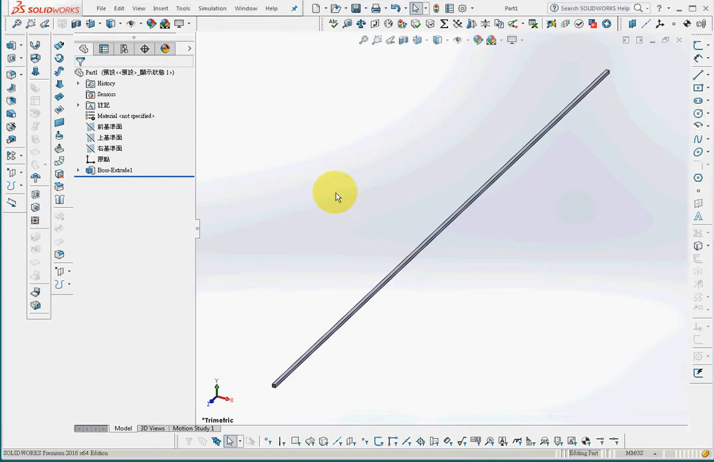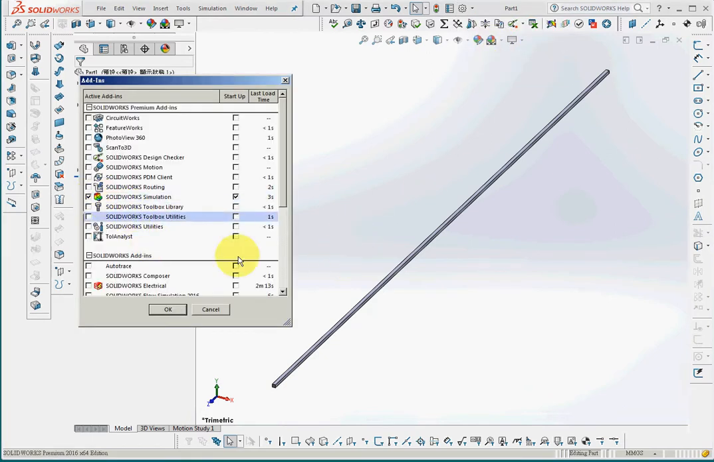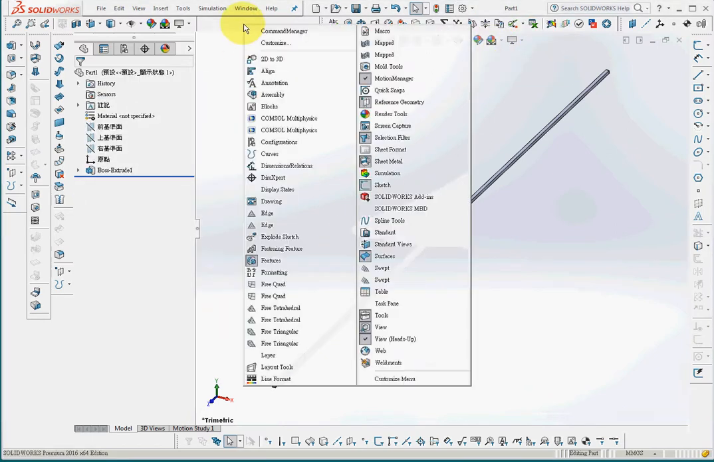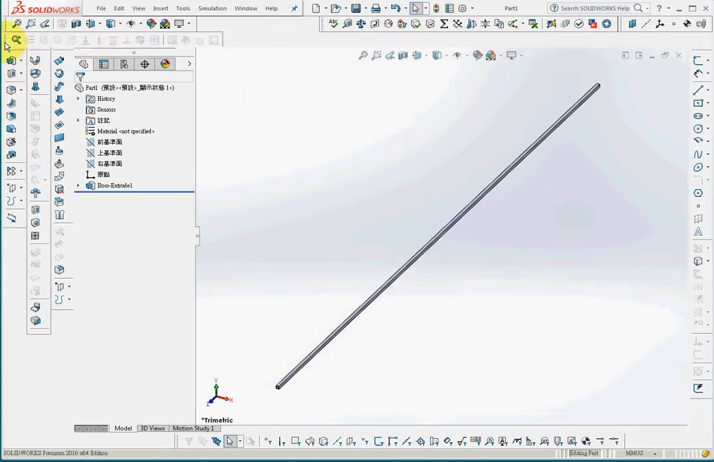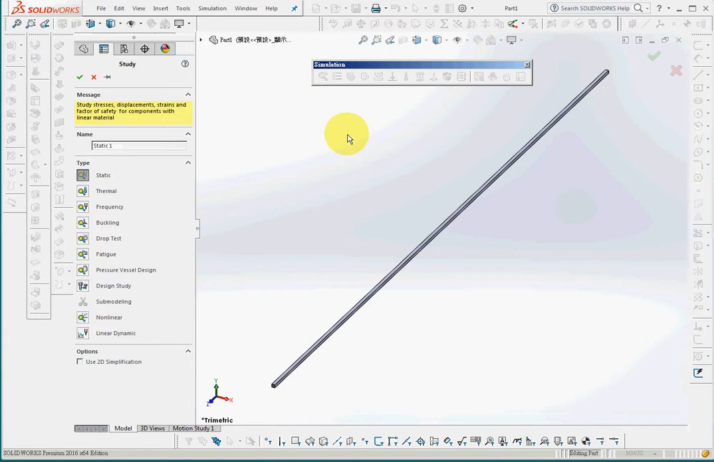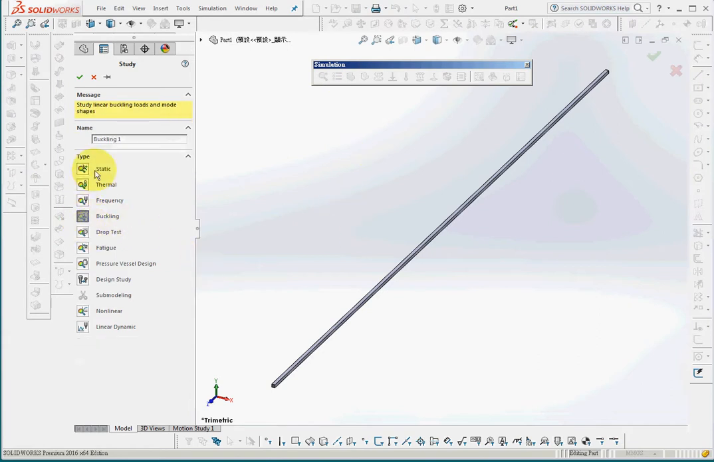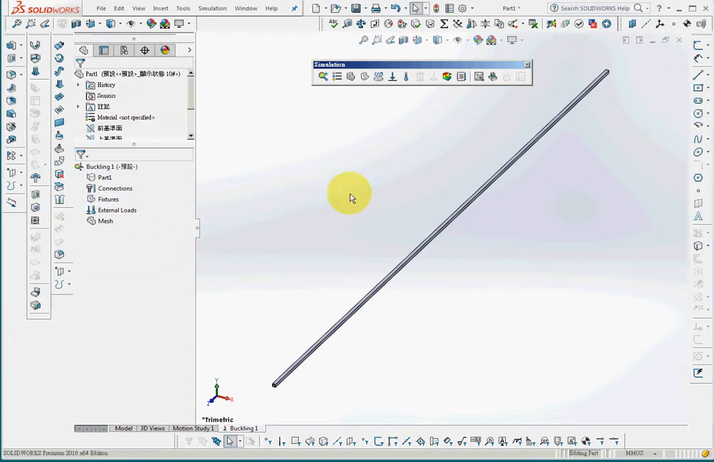For the preparation steps, first of all, load the software, and then load the toolbar, and open the study, buckling study. Now, for the third preparation step, arrange toolbar, which is not necessary right now. So I have finished with the first step of analysis, which is drawing of the model and opening a study,